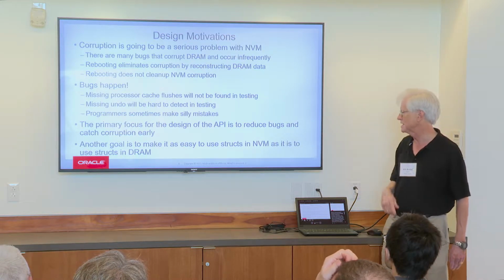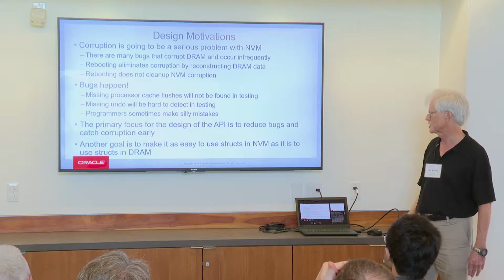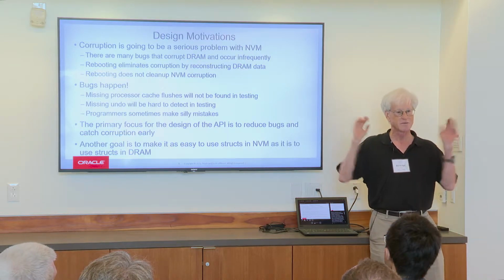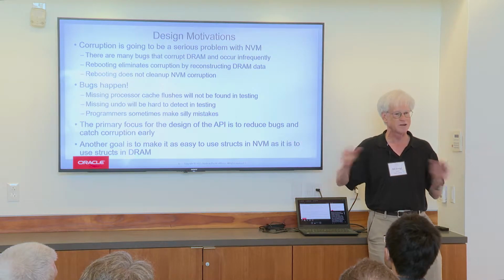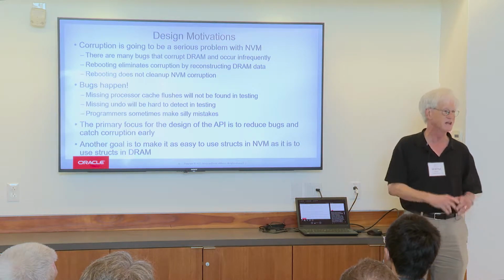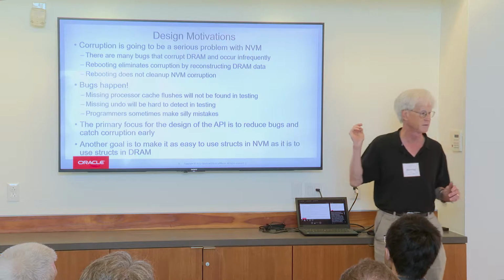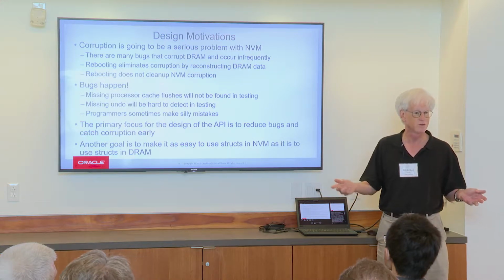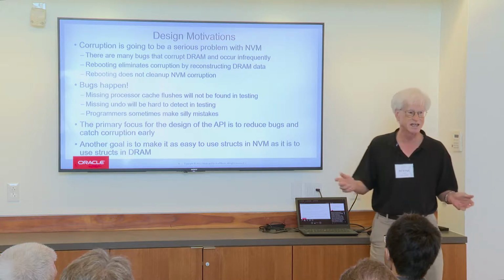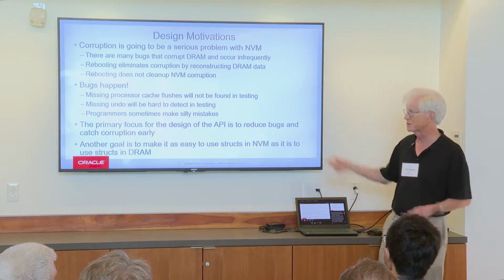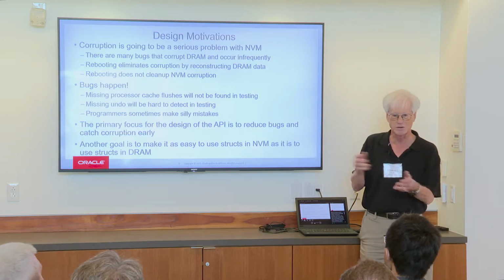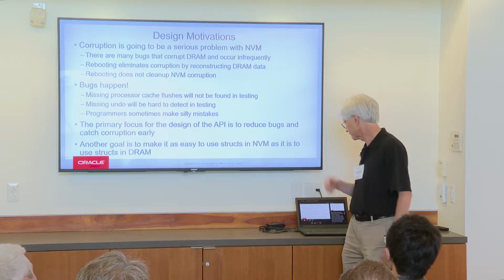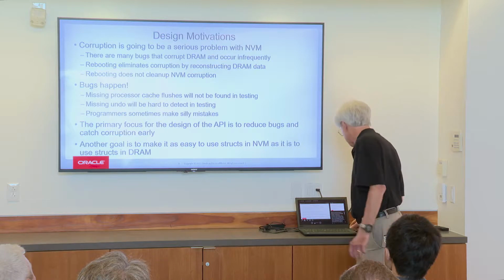And it's also to make it easy to use structs in NVM as it is to use structs in DRAM. In other words, the idea is you don't have some limited set of data structures. You get to go invent any data structure you want with this API. And the data structure we used in the Oracle kernel isn't anything that would have been doable with these atomic pointer switches or whatever. It's more complex than that. Anyway,